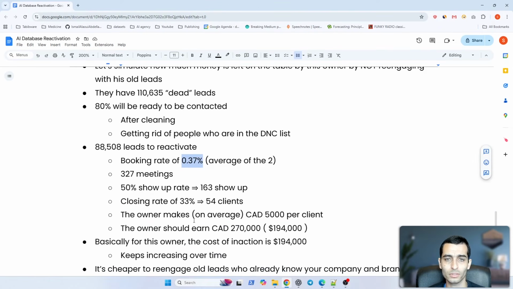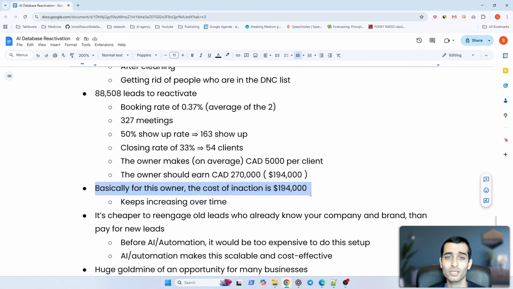And the owner makes on average 5,000 Canadian dollars per client, which means that the owner should earn $270 Canadian dollars or $194,000, a little bit less than 200k USD basically. The cost of inaction is $194,000, and this cost keeps increasing over time, because if you don't do anything, you keep the leads piling up